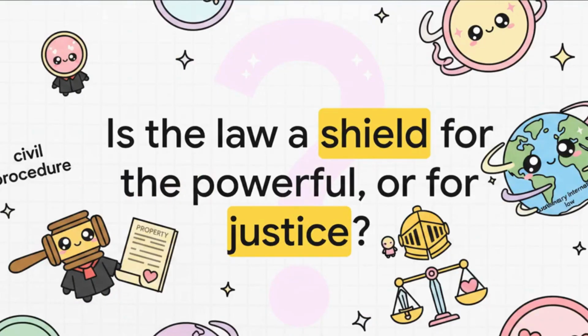We're going to leave you with this pretty profound question pulled directly from the OSG's comment to the Supreme Court. It perfectly captures the tension at the heart of this entire explainer. We went from the incredibly strict procedural requirements of a simple civil property dispute right up to the heavy, universal obligations of customary international law. The rules of procedure are designed to be entirely objective. So this case really challenges us to consider the ultimate purpose of the rule of law.